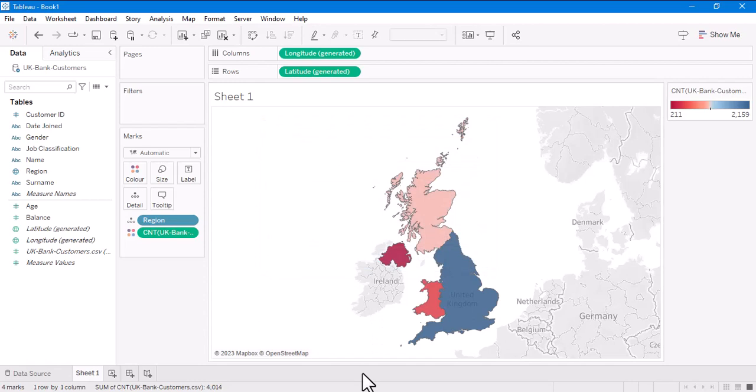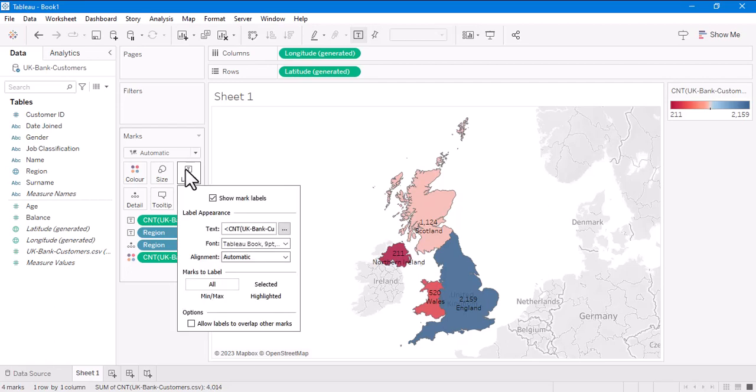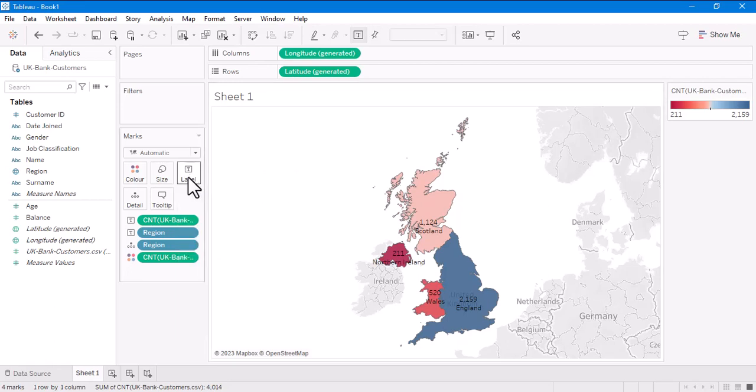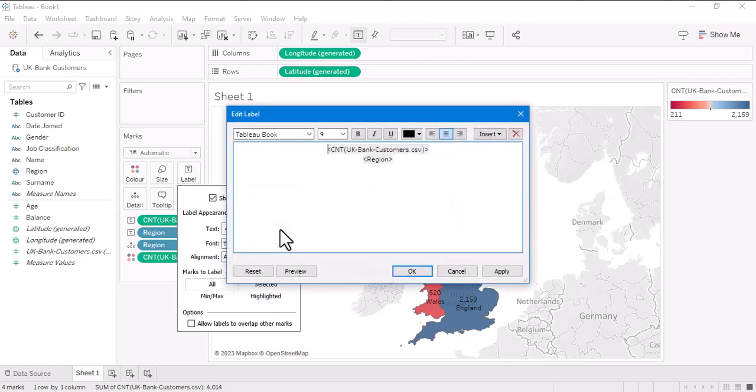The advantage that I told you earlier was that I can add a label to my data set. I'm going to drag and drop the number of customers to the label. Voila, you can see that it is giving you the numbers here. This I never saw in any other data set. I would like to add the label of the region also, and edit the label better. So now I'm going to come back here and edit the data. I'm going to keep the region on top,